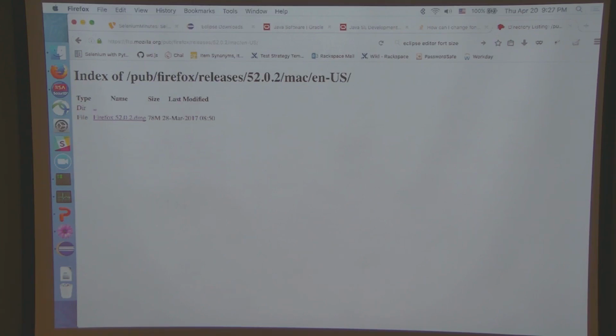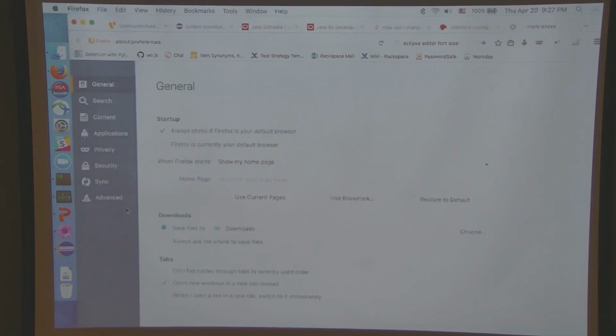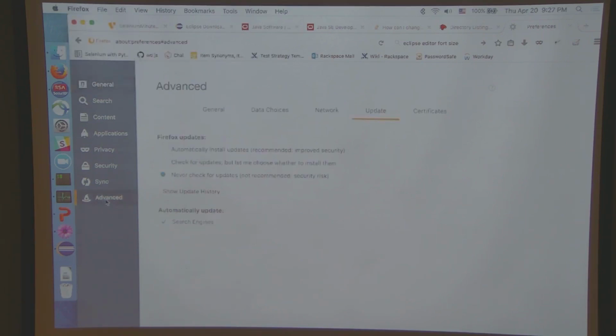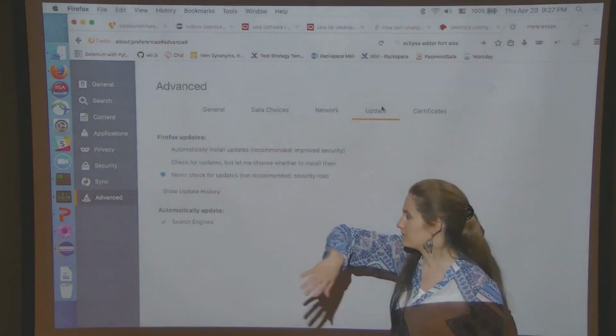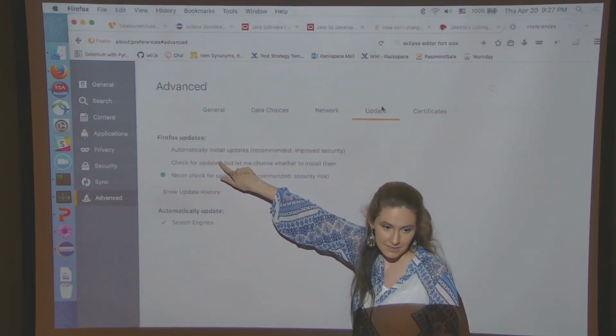Okay, you guys, if you're one of those folks who has an option to auto upgrade, please go to your Firefox preferences or your Firefox settings, however you want to do it. On Windows it's tools, and then you have settings here. On the Mac it's Firefox preferences. And then you want to go to advanced and click on the update tab. All right? I have it set to here, but don't do what I do. Do what I say. You want to select this guy. All right?